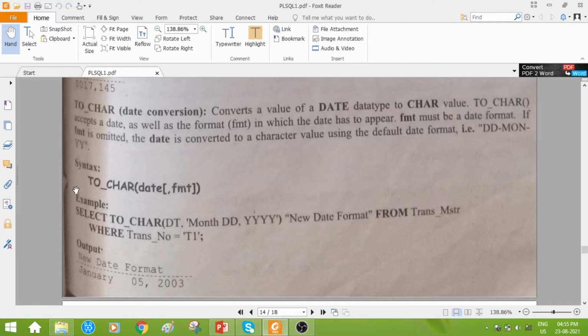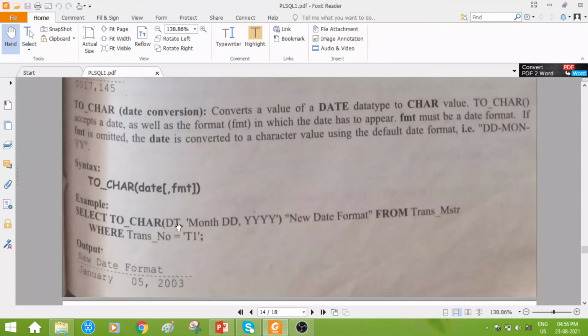Okay, and this is how we view the data in the Oracle table or in the SQL table, whatever data we store in the table, with the help of the select operation using the from clause, like from which table the data has to be picked along with the condition given. The condition is what? From the transaction master, whichever value is in the column transaction number, which value has to be identified. The T1 value should exist and be identified, and that transaction number T1's date value will be picked.